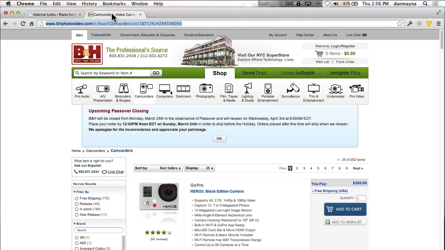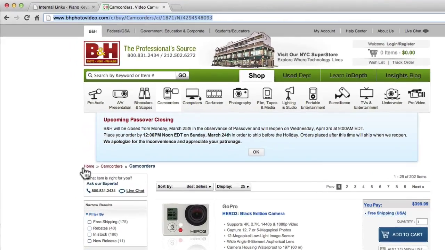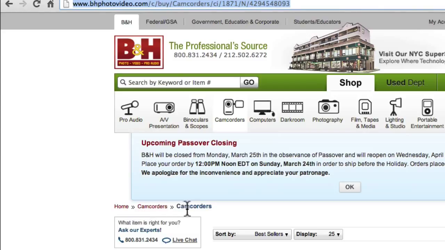I've gone to bnhphotovideo.com, and here's a good example of what Breadcrumbs actually look like. Whenever you're navigating through a website, you can always discover where you're currently located by looking down at what's called the breadcrumbs. So this is where we are on the camcorders page, and there's a camcorders page, and then from